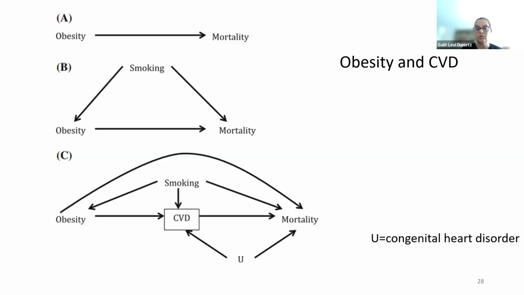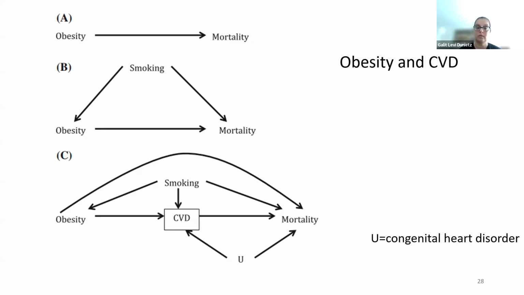But there were some unmeasured variables, for example, congenital heart disorder, that could be a common cause for cardiovascular disease and mortality. The point is that when you look at the DAG and there's a variable with more than one arrow pointing at it, colliding in it, that's a collider. And when you have a collider, you cannot adjust for it, because when you adjust for it, you're going to